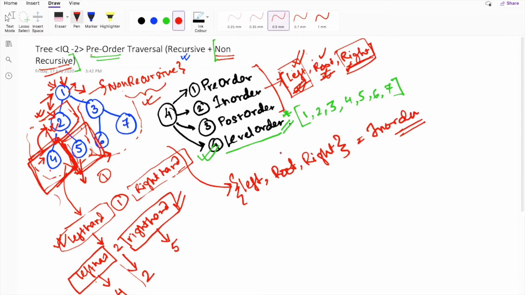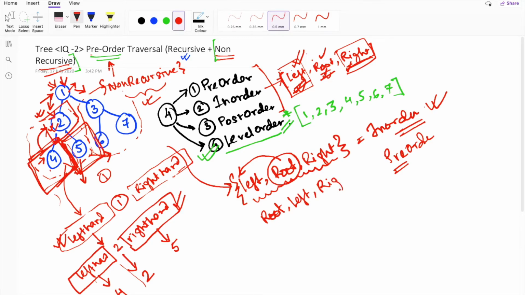Now let's come to the solution of pre-order traversal. When we are traversing a tree using pre-order traversal, the only thing that changes is the root element. The easiest way of remembering is that you just have to remember one order of traversing, that is the in-order. When we need to do a pre-order, we just need to shift the root to the first position, the pre meaning we shift it forward. So the way of traversing our tree in pre-order is that the root will be printed first, then the left hand side, and then the right hand side.